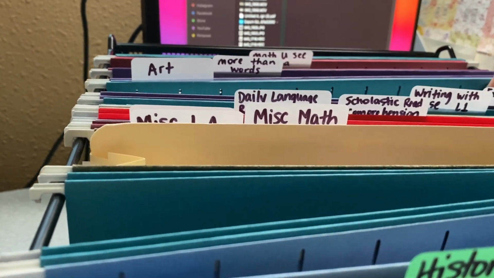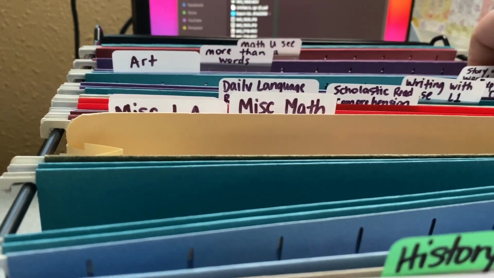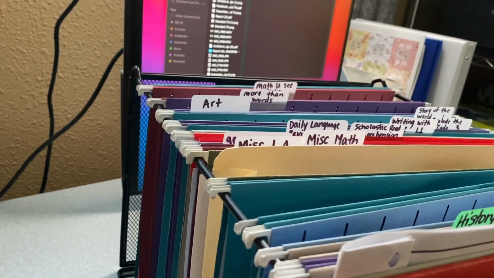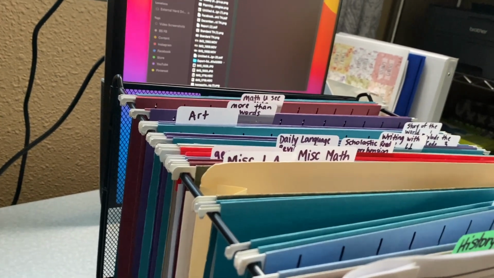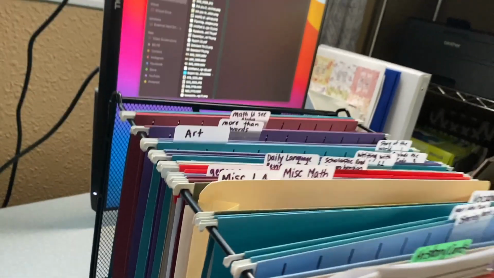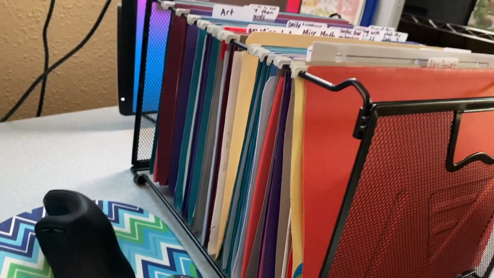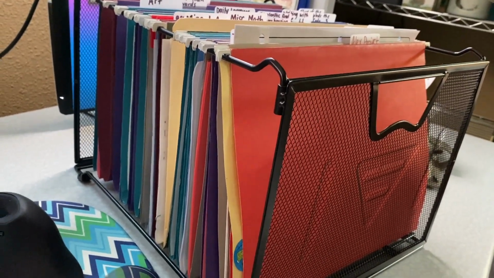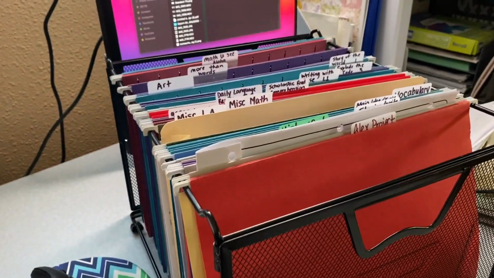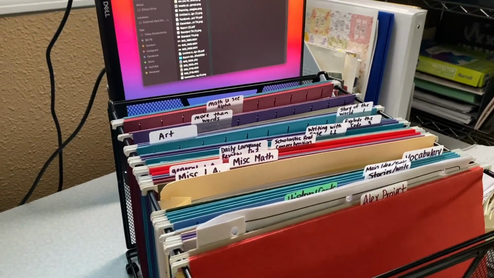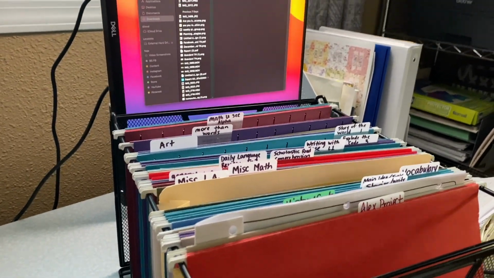But basically, I mentioned before that I had deconstructed all of her workbooks and I put them in binders, but the problem is filing it back now and getting them out for the week. So now what I do is I just carry this in there. It's a smidgen heavy. I mean, it's not like it's light, but I don't have to get all those binders out anymore, and it makes filing things back in there way easier. And then at the end of the year, I will pick a handful of things to keep for her portfolio, and the rest of it is going bye-bye. And so this is a way easier system